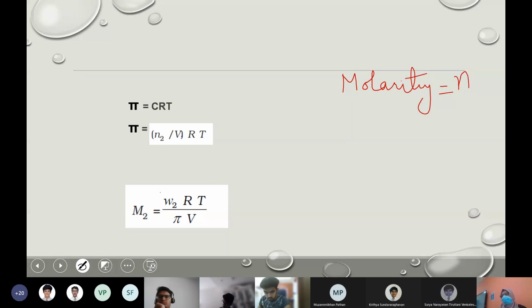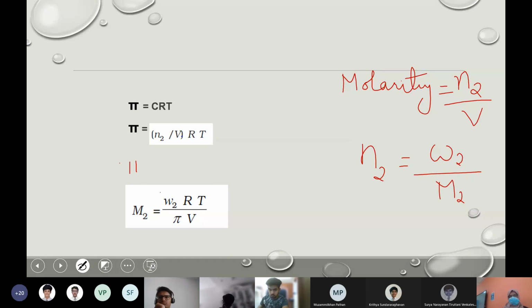Number of moles of solute, that is n2, divided by the total volume of solution in liters, right? And we know that number of moles is calculated as mass, that is W2, divided by molar mass of the solute, M2. So your equation pi will be equal to